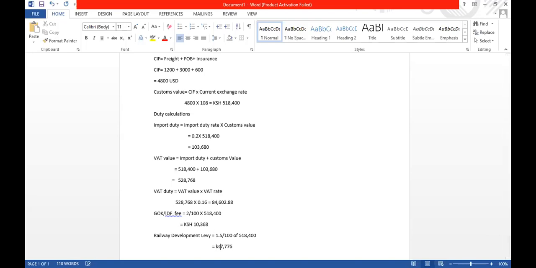Okay, this is Kenya shillings. So from here now, I already calculated the VAT, already calculated the import duty, and I've also calculated the IDF fee, and I've also calculated the railway development fee. So what remains? What remains is now simple. What remains here is to get the total tax payable for this particular item. So total tax payable will be equal to